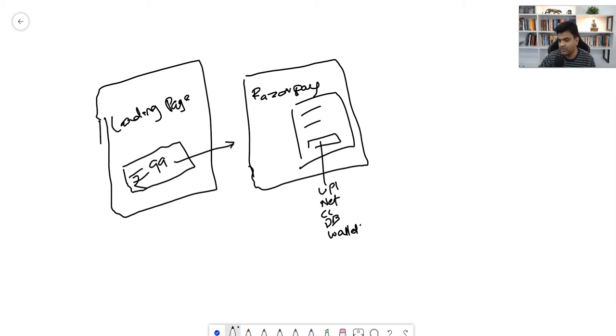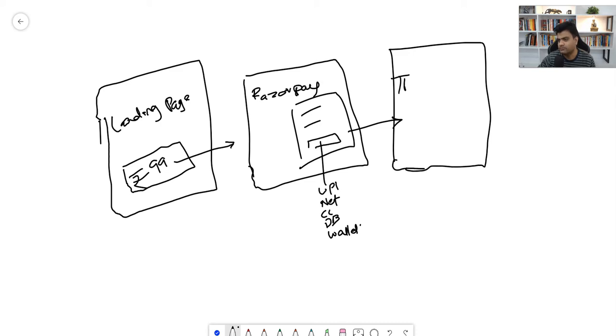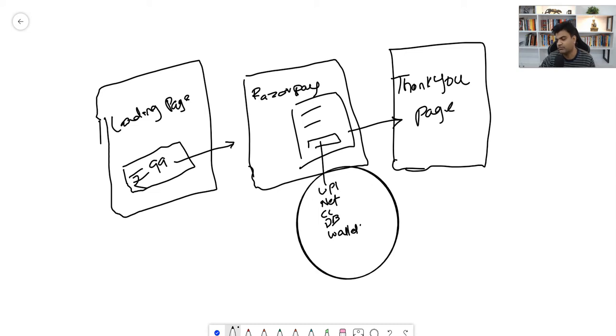Now after the payment becomes successful, next we send them to a thank you page, where people will know that the action they performed here is successful. So this is a simple strategy. Basically, we need one Razorpay account and one landing page builder, where this is the first thing, this is the second thing, and this is the third thing. So these are three things. Right now, I'm going to share it with you in a demo.